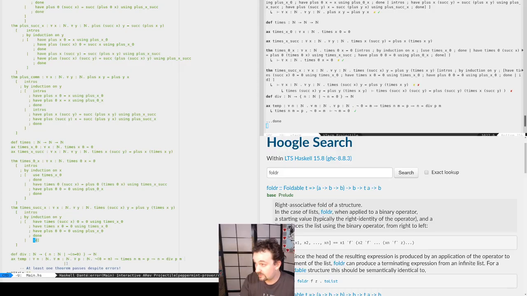So, what do we want to prove? We know that by induction hypothesis, sucks x times y is y plus times xy. So far, so good. And then I want to prove that it also holds for sucks x times sucks y, basically, which is a teeny tiny bit harder. Because we get plus sucks y, which is sucks yada yada.